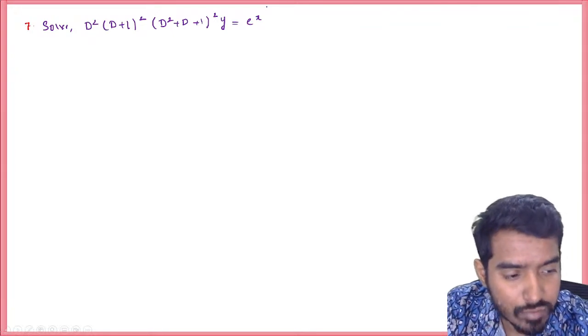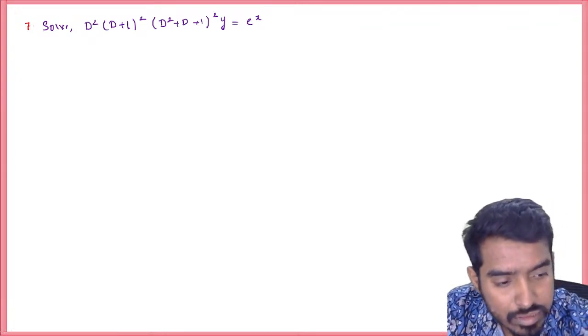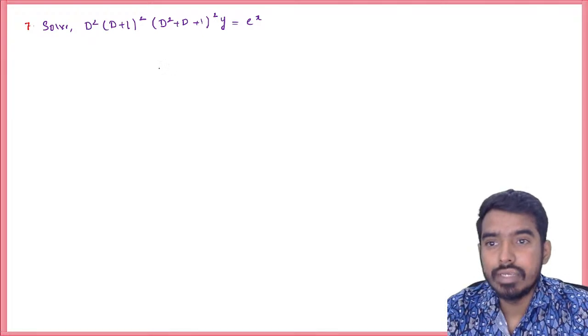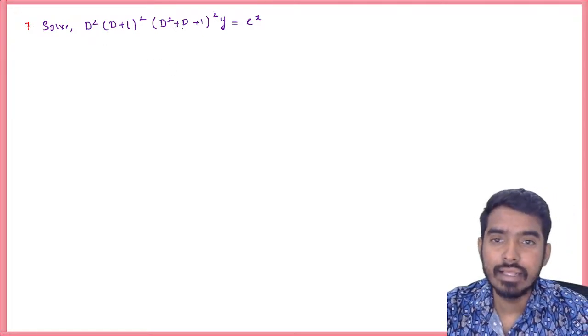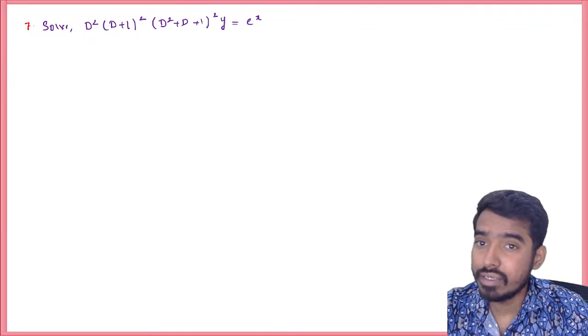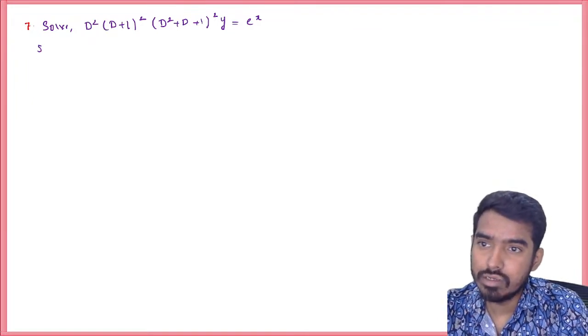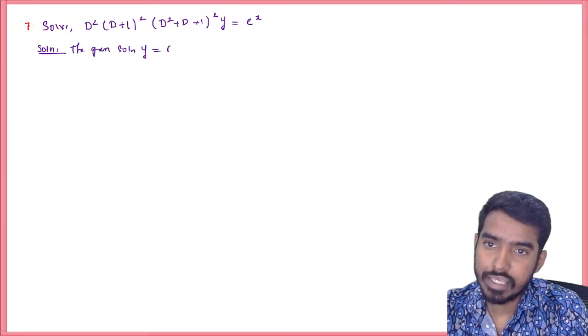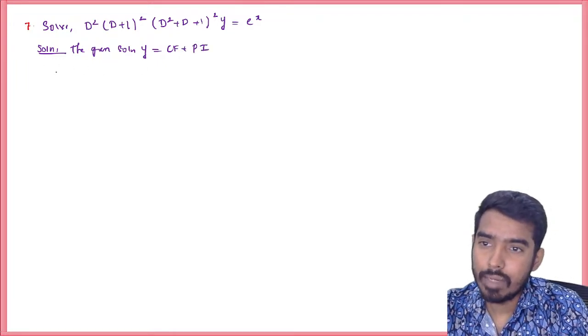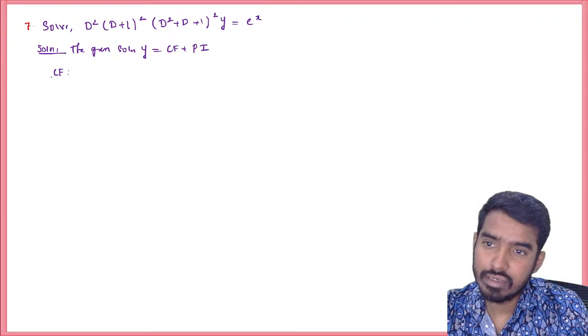So this is what order? This will be 2, 4, sixth order differential equation, right? Sixth order linear differential equation with constant coefficients. So the general solution will be y is equal to CF plus PI. So to find the complementary function,